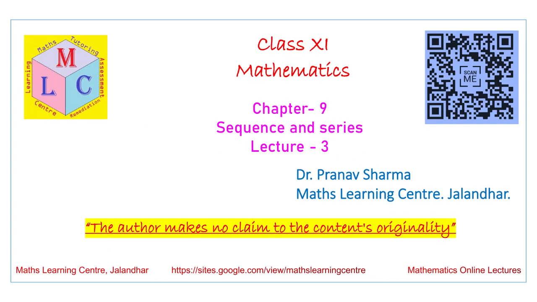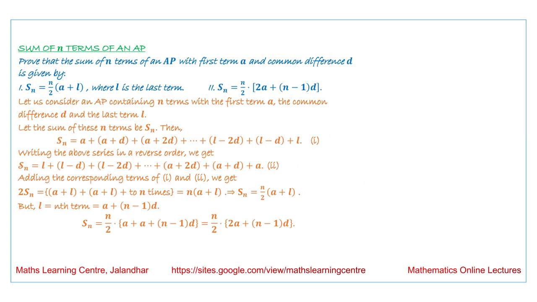We are going to start now lecture 3 of chapter 9, class 11th mathematics, sequence and series. In this lecture we will talk about the sum of the n terms of an AP. So the first result we have is that if an AP is given whose first term is A,